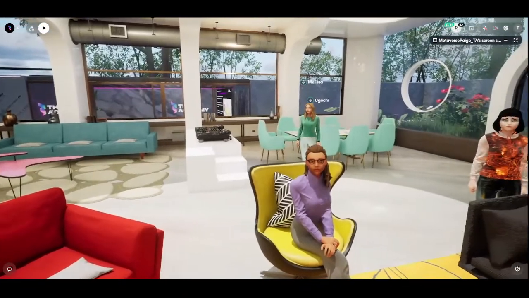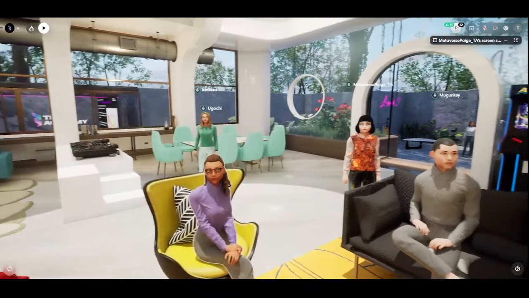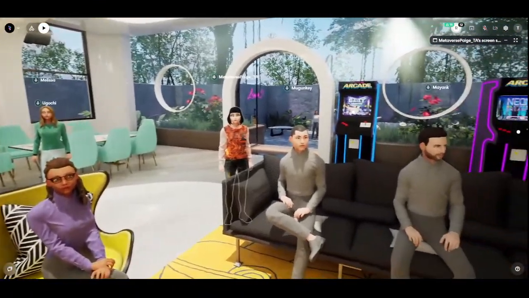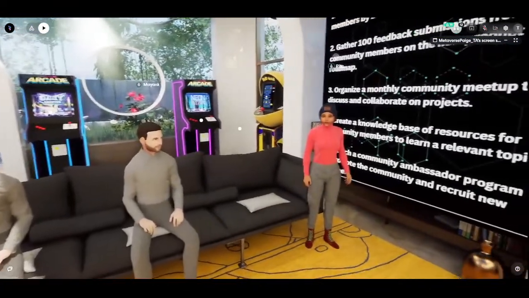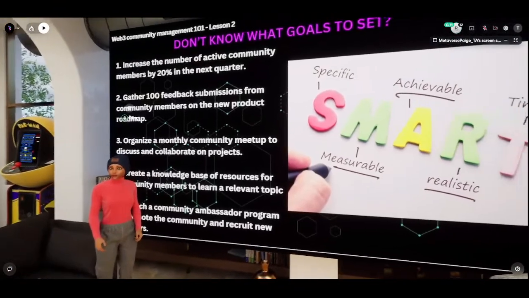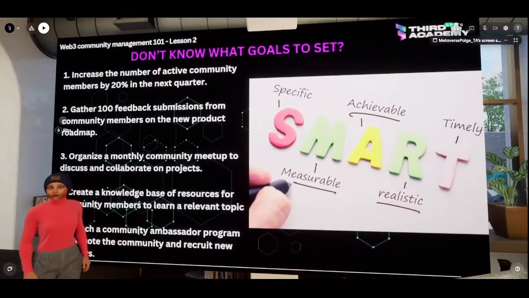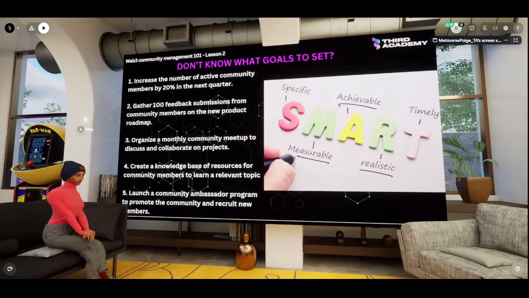And then you can also have another goal, which could be, in this case, you want to organize a monthly meetup, right? To discuss and collaborate on projects. It could be virtual. I know that a lot of community managers' roles transcend to organizing and hosting physical meetups, right? So it could also be organizing a monthly meetup to discuss and collaborate on projects.